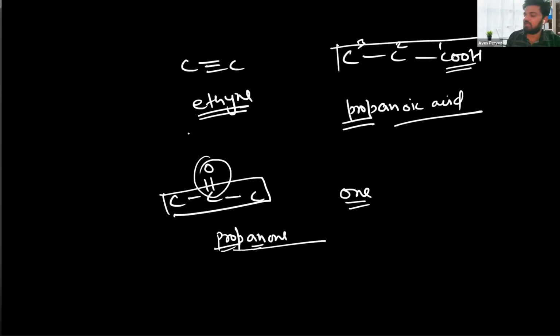Now let's start studying isomerization. So what is isomerization? If there are two or more carbon compounds having the same molecular formula but different structural formula, this phenomenon is called isomerization, and those structures are called isomers. Okay. So let's write the definition. When two or more carbon compounds,